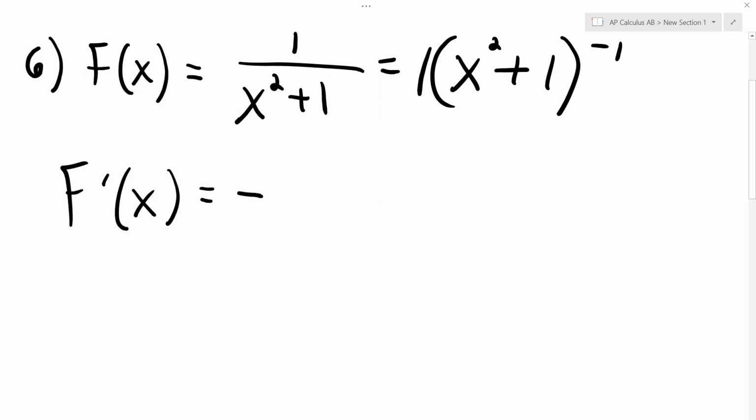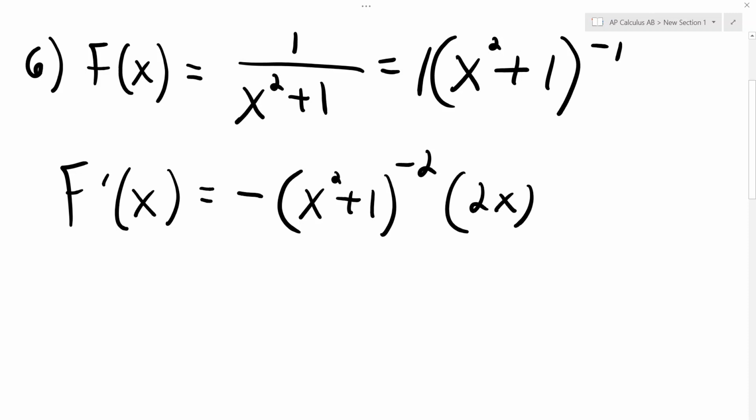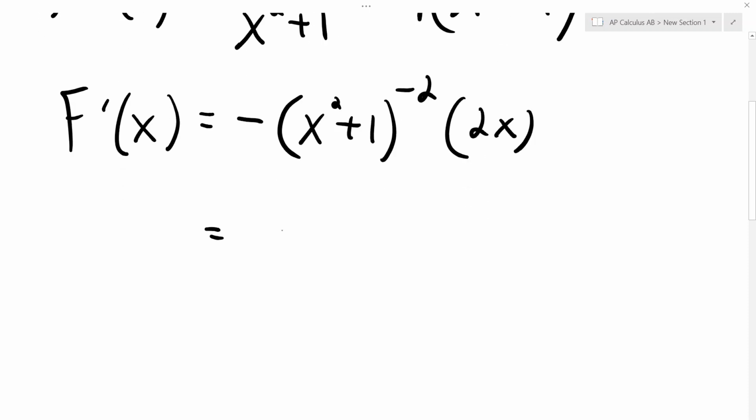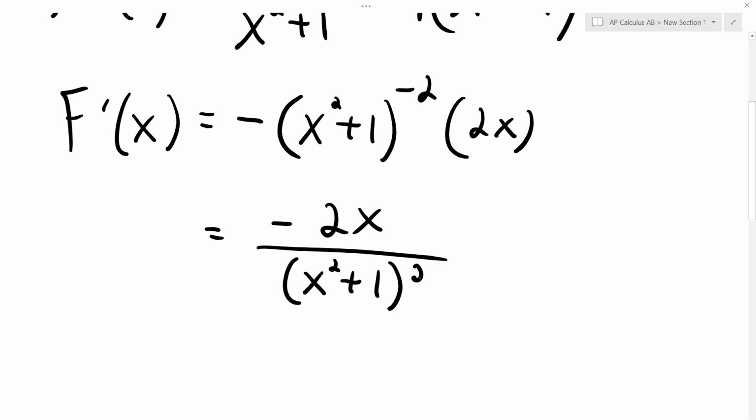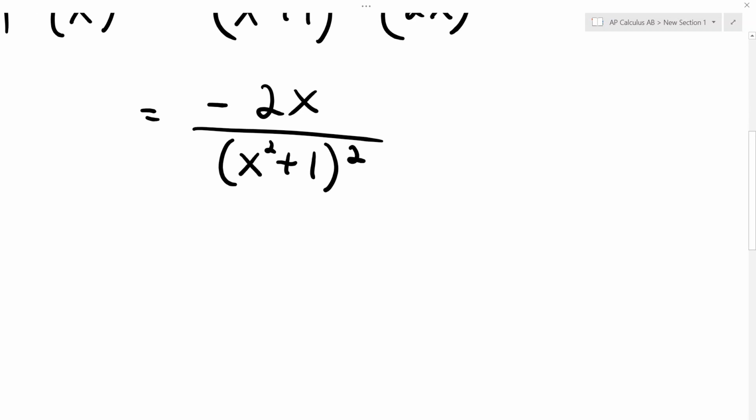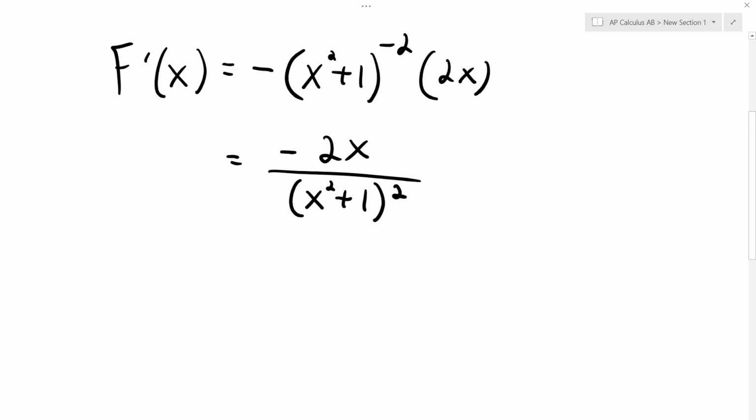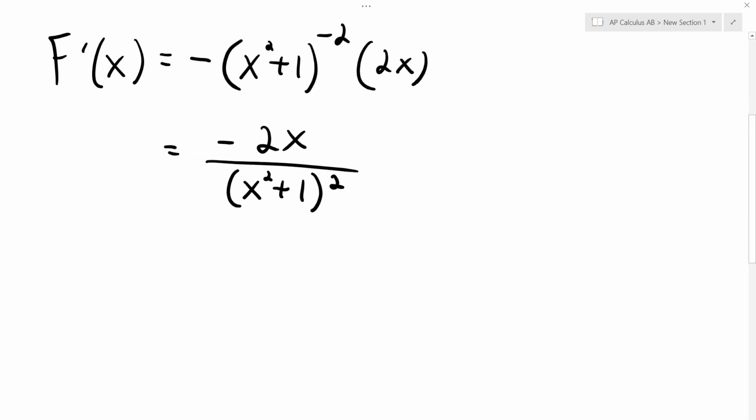F prime of x is negative, comes all the way out front. X squared plus 1 to the negative 2 times 2x, which is going to become negative 2x over x squared plus 1 squared. You guys okay with that? All right, so